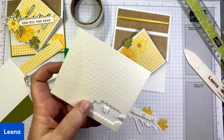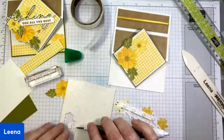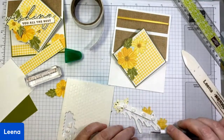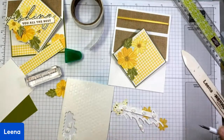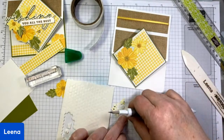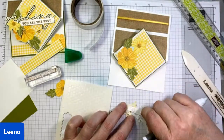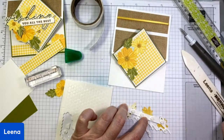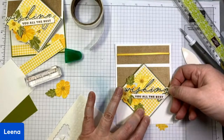And we'll cut a couple half minis as well. Oops, that one did not cut all the way through. Let's take one that did. So we'll go one there, and one there, and maybe one down here, just to make sure that stays put. And we'll get rid of our backings. And then that is going to go on right across our diamond,